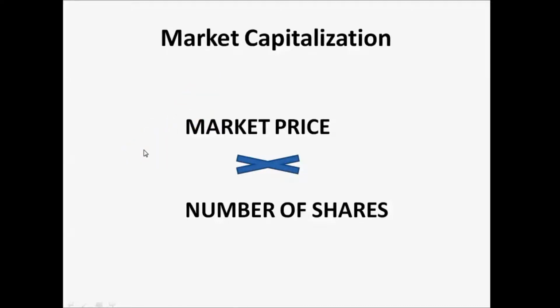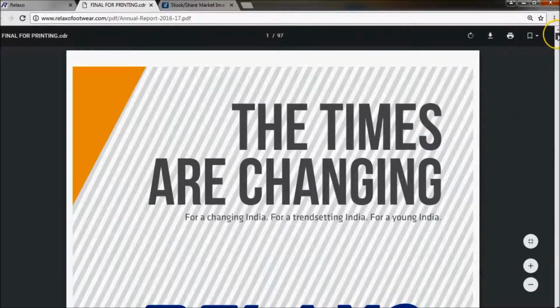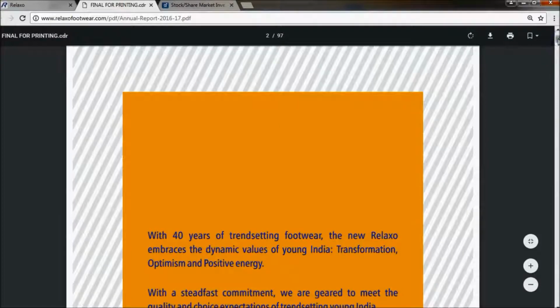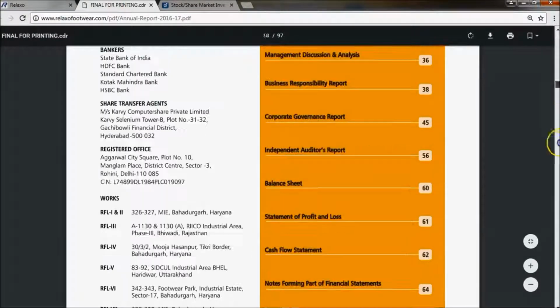Whether it's a large or small cap depends upon the market in which you are investing. How they are defined depends upon a particular sector or a particular market. Getting into calculating the market capitalization, I go into the annual report, where I get the balance sheet of the company, and